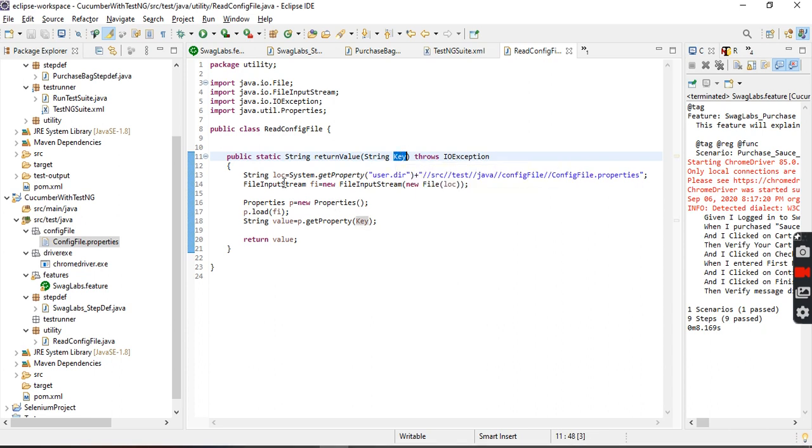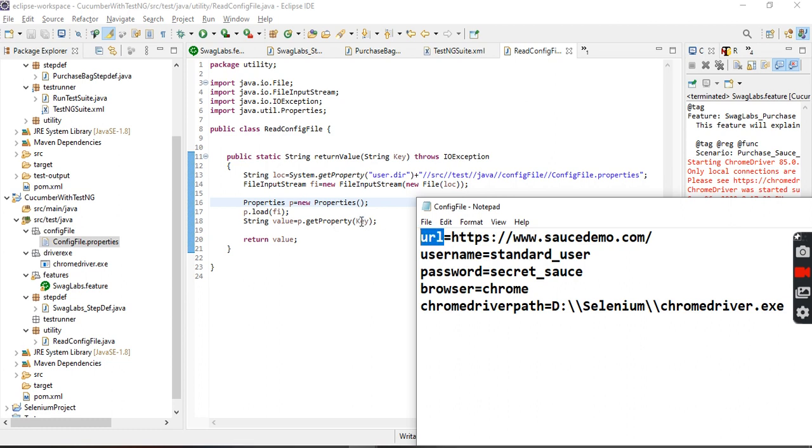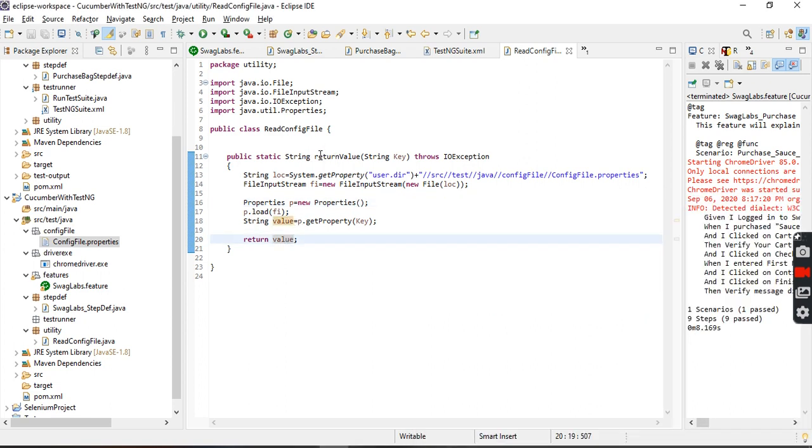It will come here, it will read the particular file, and it will load it, treat it as a property file, and all the things are read. There are so many things, right? So I'm going to pass this particular key to getProperty of key. This will be returned in the value. So finally this will be returned to where it is called.